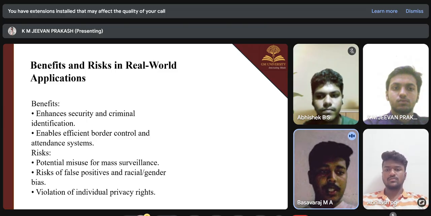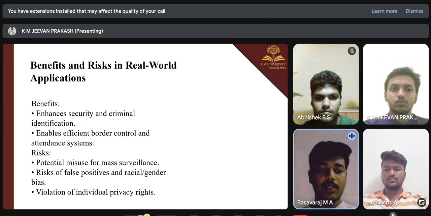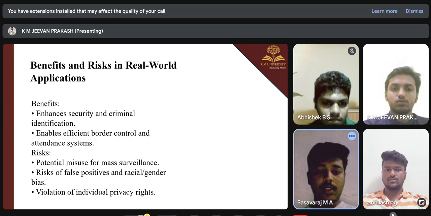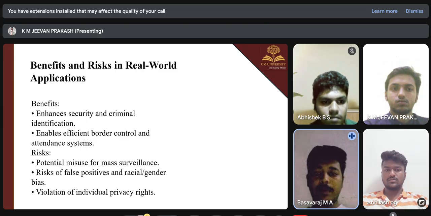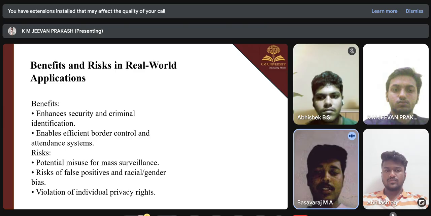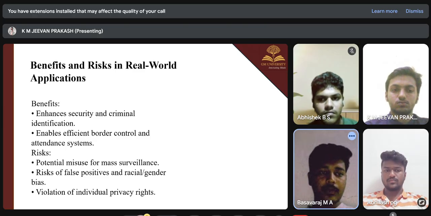And risks: potential misuse for mass surveillance, risks of false positives and racial or gender bias, violation of individual privacy rights. In risks, it can be misused for spying or mass surveillance, may give wrong results and show bias towards certain races or genders, and can violate people's privacy. Next slide.